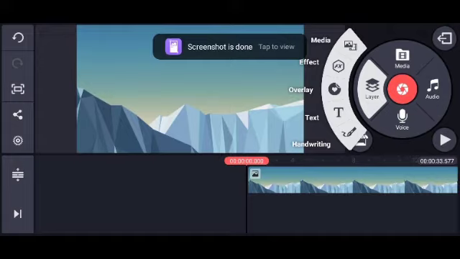All have their own importance, but for this beginning learning, mostly we need to use the media again here. This is the second media. This particular one is the heart of the editing part.